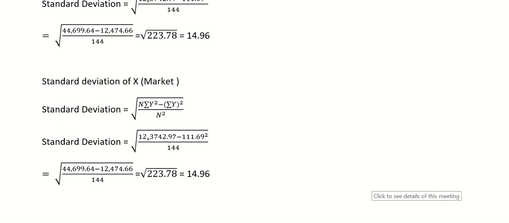So basically standard deviation signifies the variance of all the values from the mean value, right? So for example, if I calculate the average of all the monthly returns for 12 months, maybe the mean return for 12 months is 10%, right? But if we observe the return of, for example, June, it is 20%. So it is quite far away from the mean value. So standard deviation basically tells you the variance from the mean value.